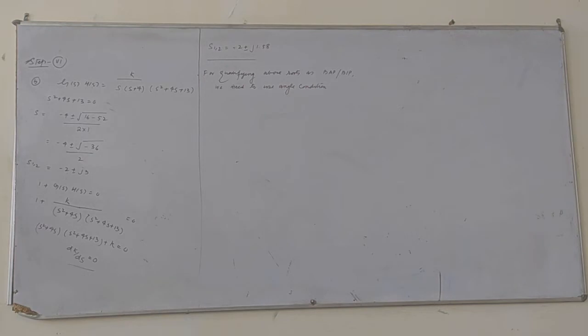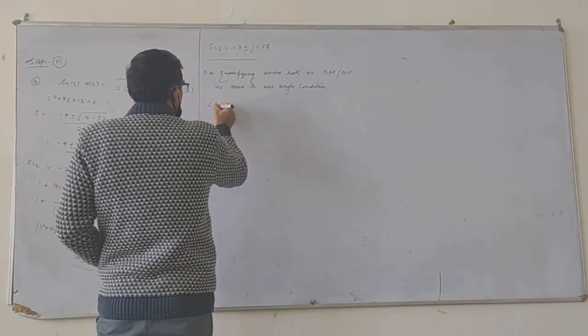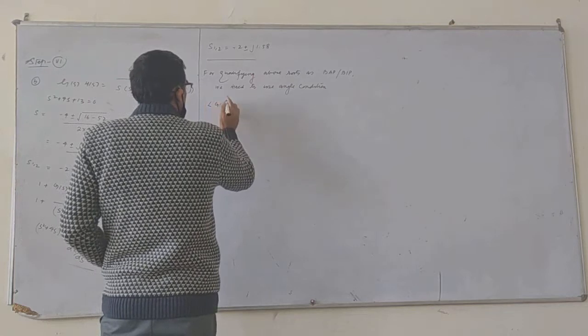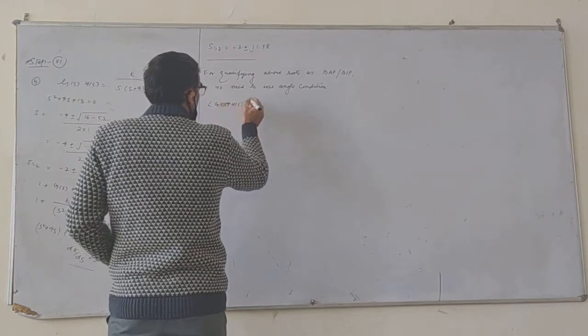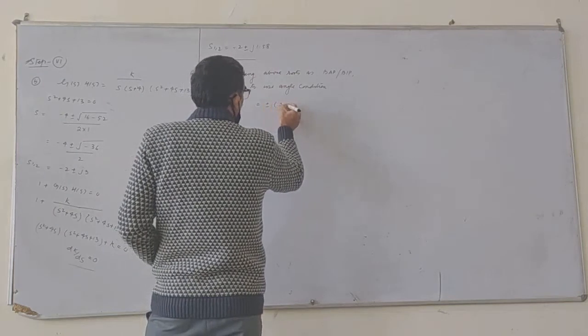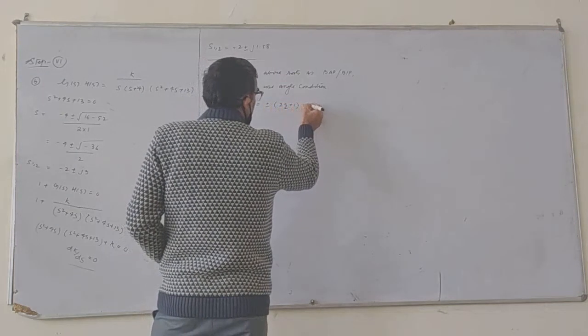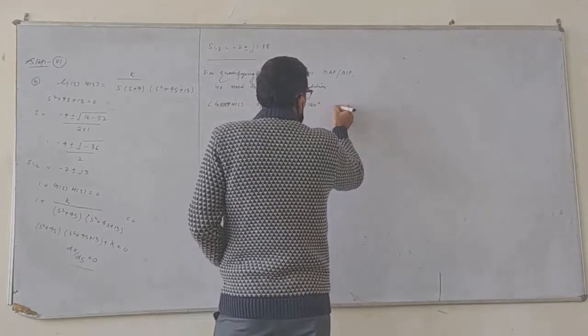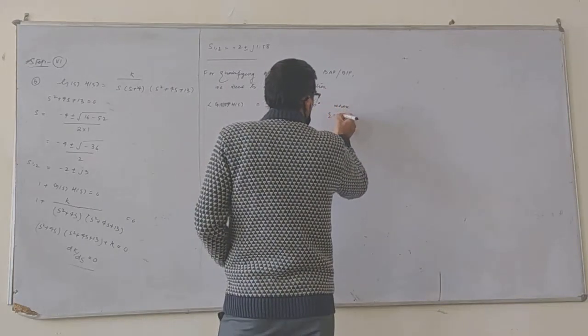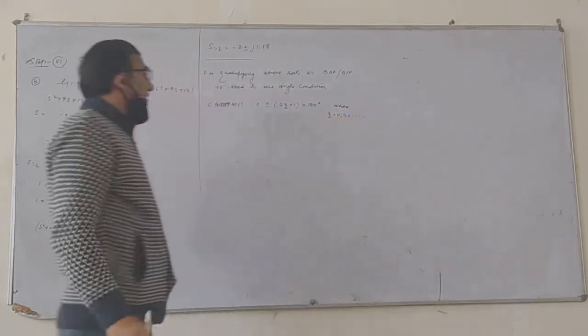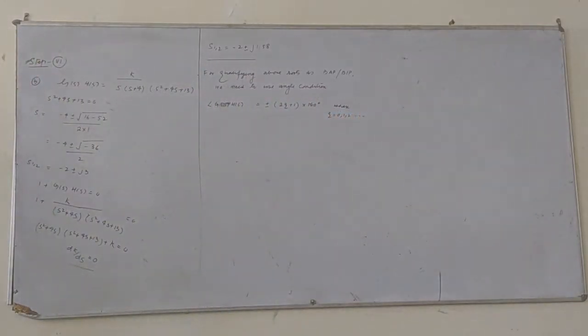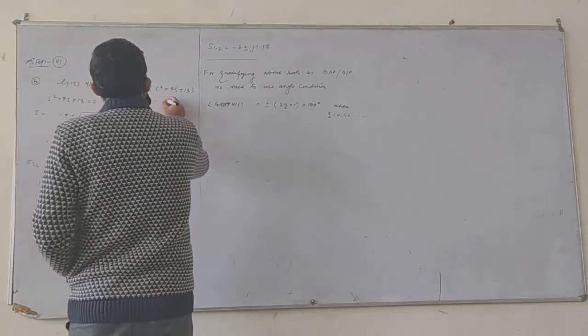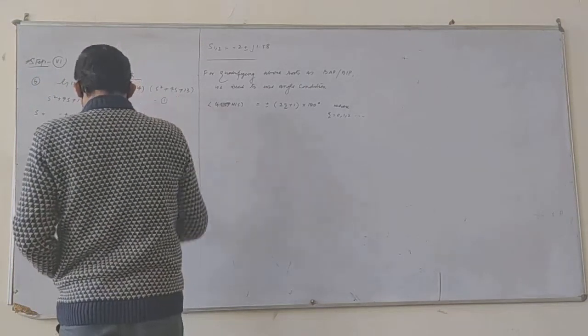So you can write the angle condition as: angle of G(s)H(s) is equal to plus or minus (2q plus 1) times 180 degrees, where q will vary over 0, 1, 2. So this condition we have to verify. How do we verify this? What is the angle of G(s)H(s) we are going to verify? Let's say this is equation 1.